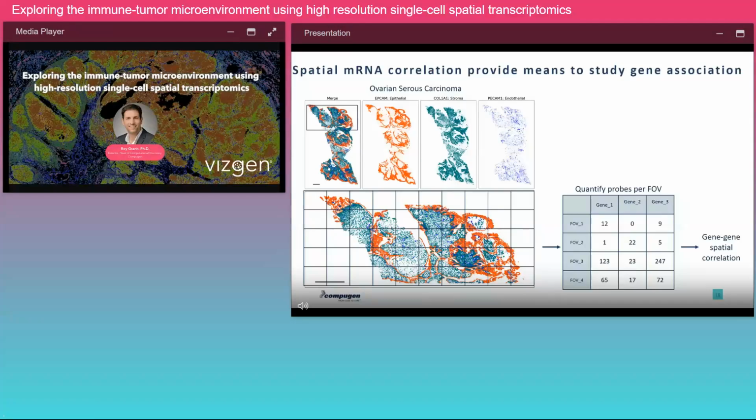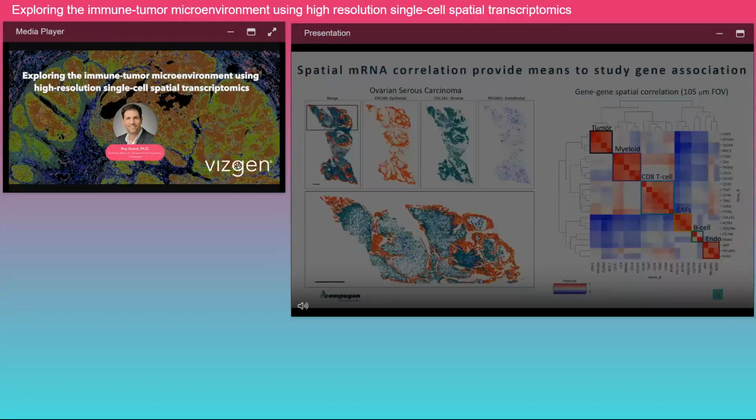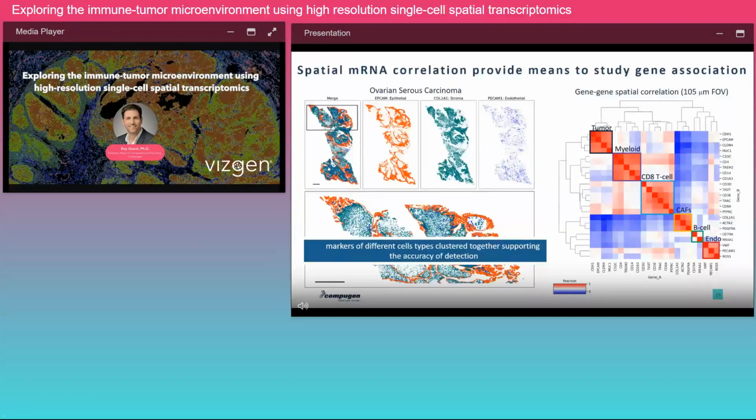We separated the tumor into regions, field of views, and we enumerated the number of probes in each of these regions, and then conducted a gene-by-gene spatial correlation analysis. What we found was that the lineage markers of different cell types really clustered nicely together, as you can see here on the right. The tumor markers, the myeloid, T cells, and the rest of the populations really clustered together, indicating and supporting that this technology is valid and enables us to detect the relevant transcript at the relevant location in a very accurate way. So we felt comfortable moving into the next step, which is single cell resolution